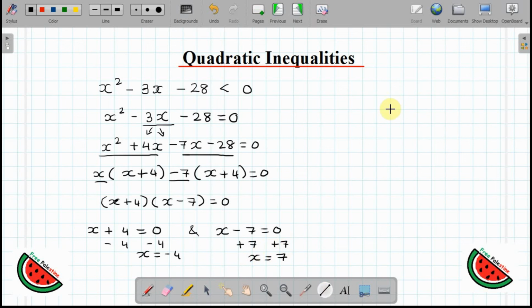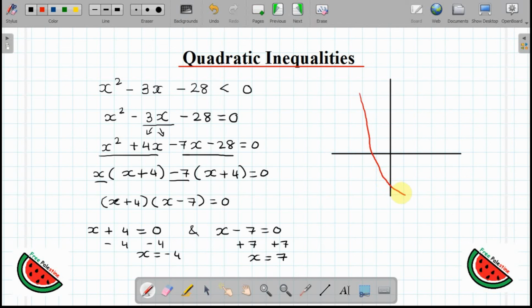Again, now the next step is to draw my sketch. So I'm going to just quickly draw a grid. Doesn't have to be super accurate or anything. And then I'll draw my sketch. So it's minus 4 and 7. So let's draw